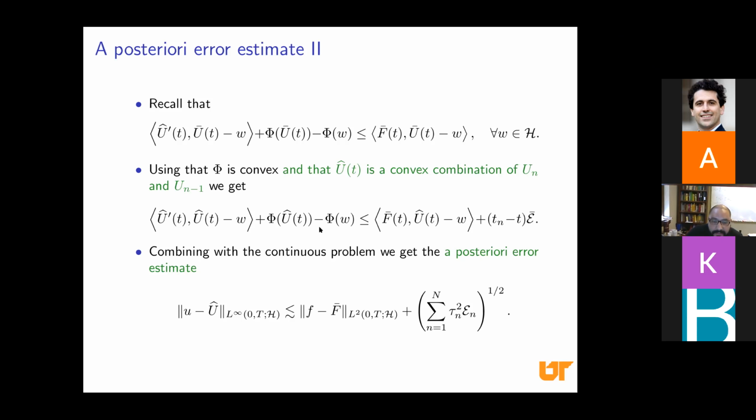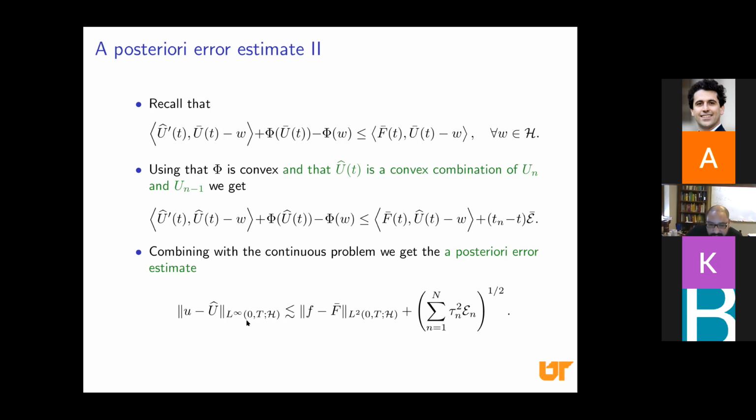So I can now compare the same way that I did when we proved uniqueness, this evolution variational inequality for the approximate solution and the one with the exact solution, to get what is known as an a posteriori error estimate for my minimizing movement schemes. Namely, that the difference between the exact and approximate solution is controlled by something that has to do with data. This is only telling you that there are features in your F that may not be captured at the level of the grid or the partition.